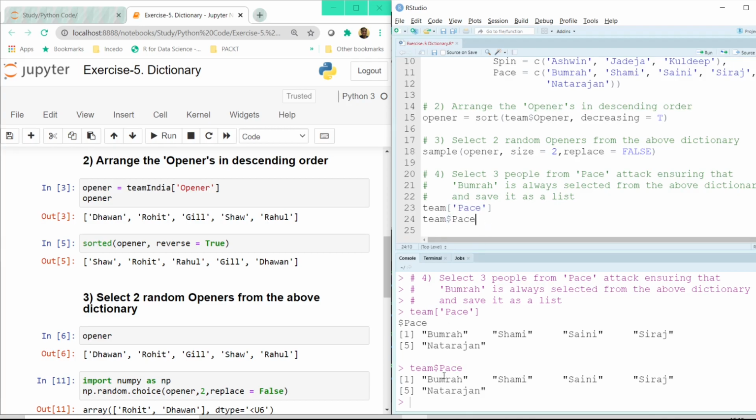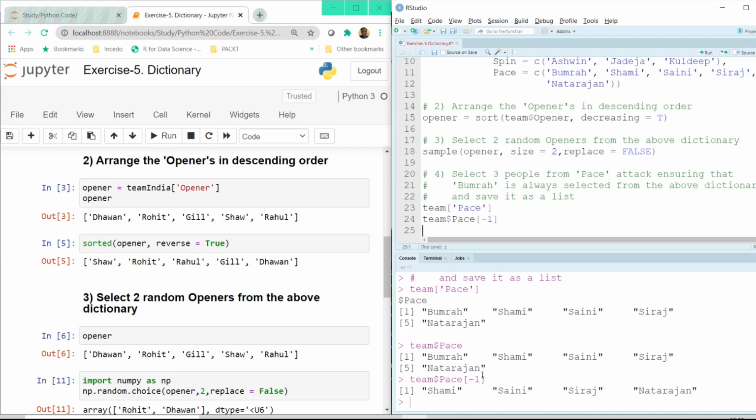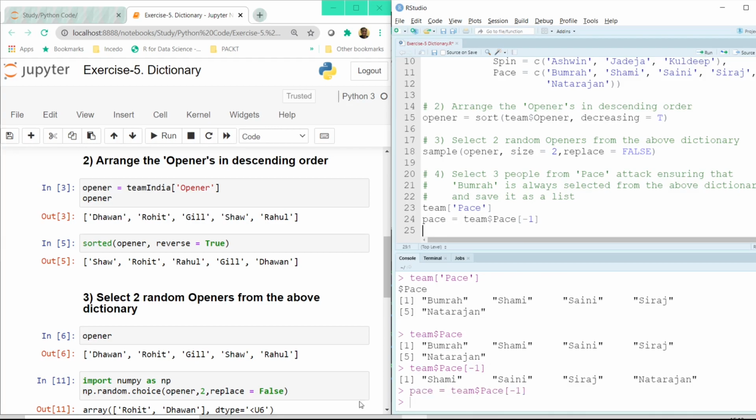All right, now here again, as we see in this vector, Bumrah is coming as the first person. So if we just want to randomly select two other people from the remaining four, we can just remove Bumrah for now from this list because he's not part of the selection as he's already selected. And if I do a -1 here, and if I click on the run button, Bumrah does not come in this list now. So it's -1. So if I now reassign it to a variable called pace here, and if I click on the run button, and now from this particular variable, we need to select only two paces.